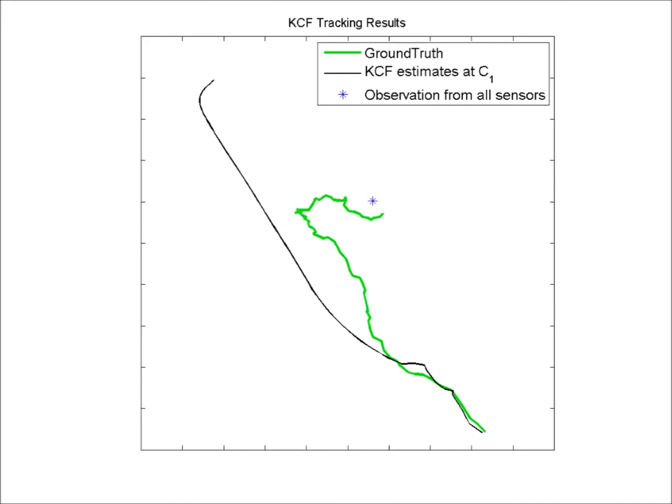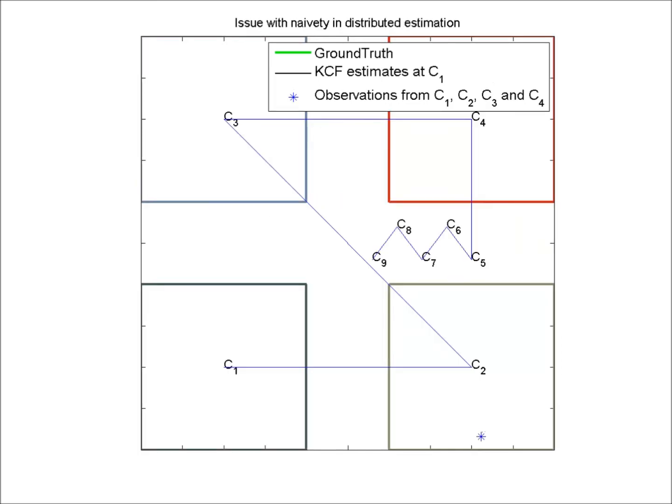For space constraint, we display the estimate of only one sensor. Please note that each sensor maintains its own copy of the state estimate. This state estimate may be different at different nodes. With more consensus iteration per measurement step, the nodes may converge to a consensus. There are two main reasons for the performance deterioration of KCF when sensors have limited field of view.